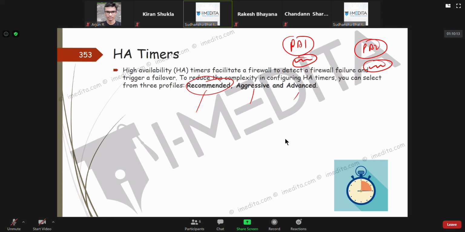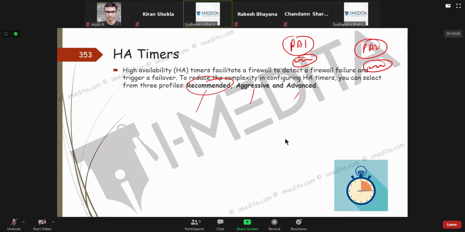And the difference between recommended and aggressive is that aggressive timers are a little bit more aggressive in terms of the values. They have lower values and do more continuous, frequent pings and heartbeat hello messages.